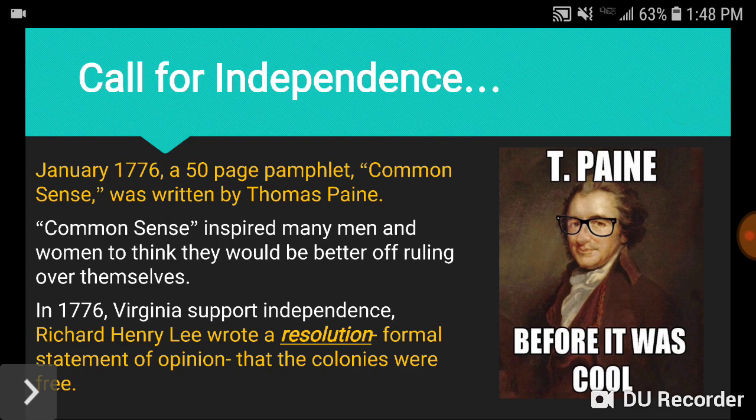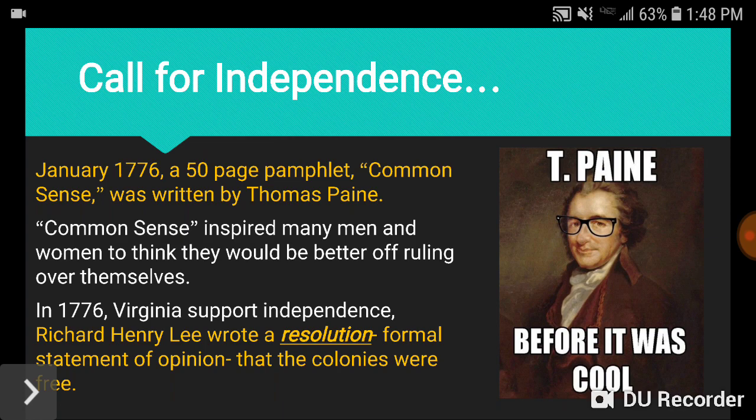All right, so the call for independence. If you think back to Chapter 4, the events that led to the American Revolution, and to Chapter 5, the events still leading to and eventually causing the American Revolution, you'd remember that there were two different groups of people. You had loyalists who wanted to remain loyal to the king, and you also had patriots, a group of people saying we need to fight in order to get taxed with equal representation. The patriots really wanted to fight so that they could have equal representation in Britain's government in Parliament.